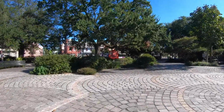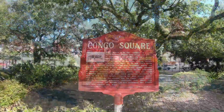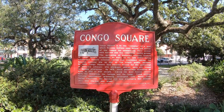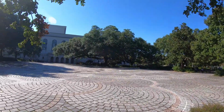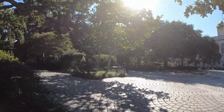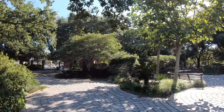300 years ago, boy, this town is old, African slaves were allowed to have Sunday off, but they weren't allowed to congregate. However, Congo Square seemed to be the exception, and they met here every Sunday, again to dance, play music, and it was also an open market. As depressing as slavery was, I would give anything to be here 300 years ago when all the music and